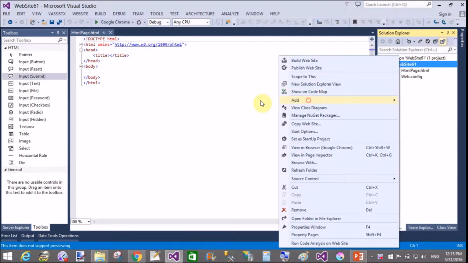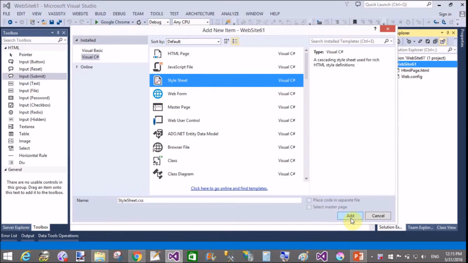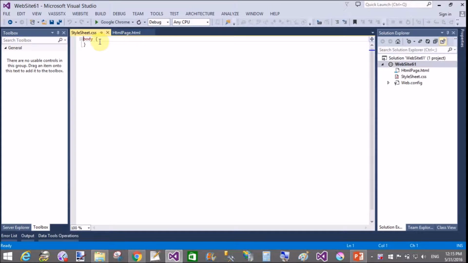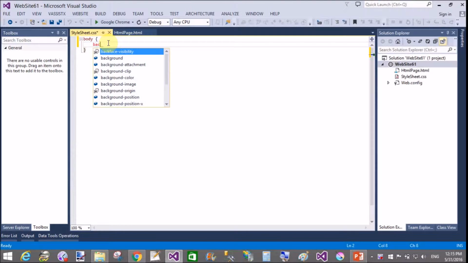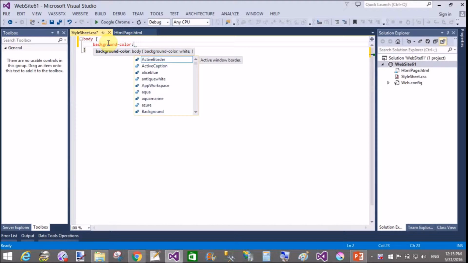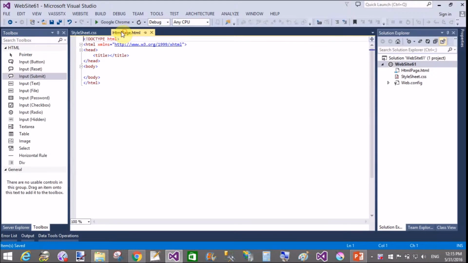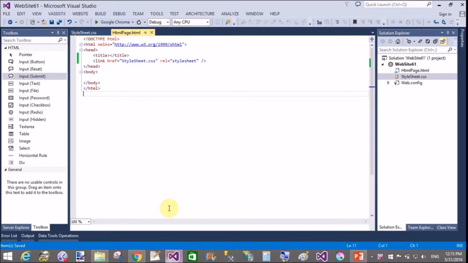Today I will show you how to design a fixed width template. I mean to say a centralized division for all screen resolutions. So in the body section, set the background color to black. Now link the CSS file with your HTML file like this in the header section by using the link tag.